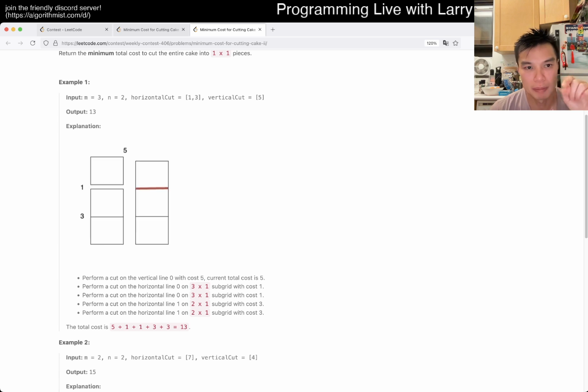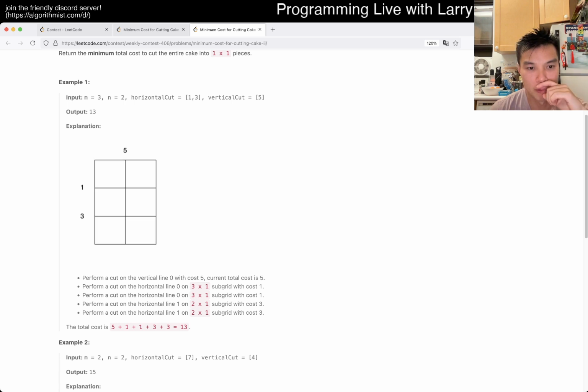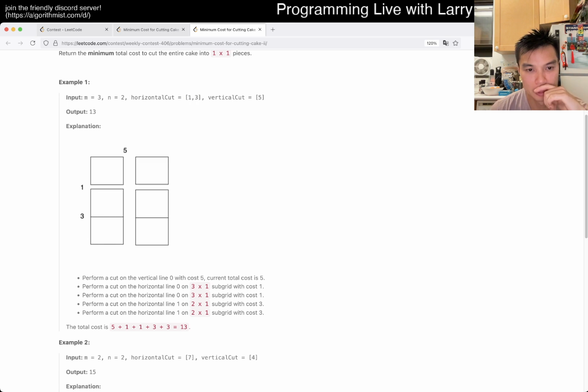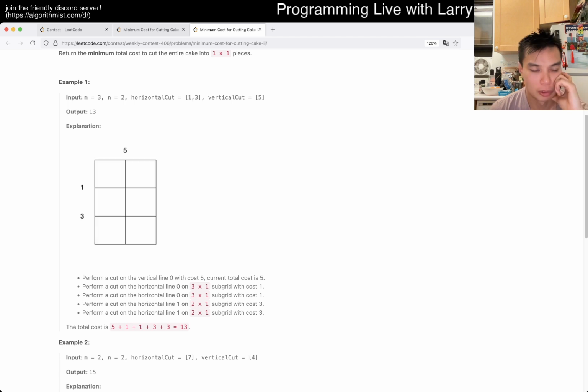So basically, every time you have a vertical cut, it increases the horizontal cut by 1, times it by 2, right? So then the cheapest is going to be,